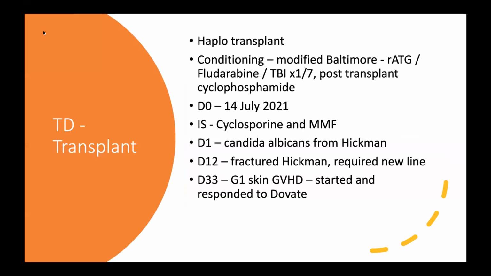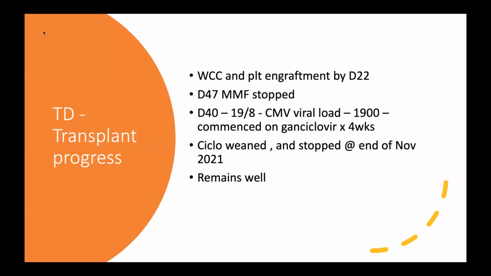At day 33, she had skin GVHD, which was grade 1. She was commenced on Dovate and settled on that. So she had white cell count and platelet engraftment by day 22. And then by day 40, her viral load for CMV started to go up and she required ganciclovir for 4 weeks. Her cyclo was weaned and eventually stopped at the end of November, so over 5 months, and she actually